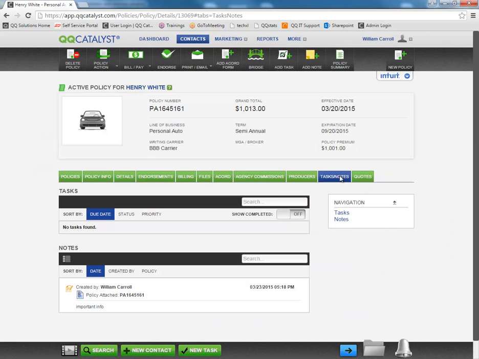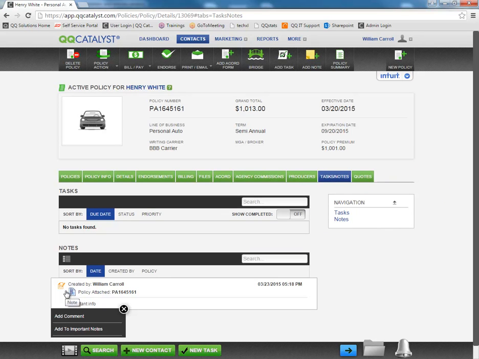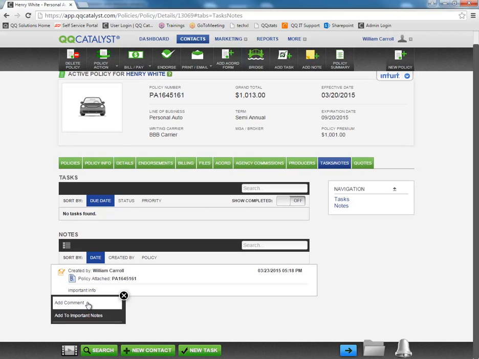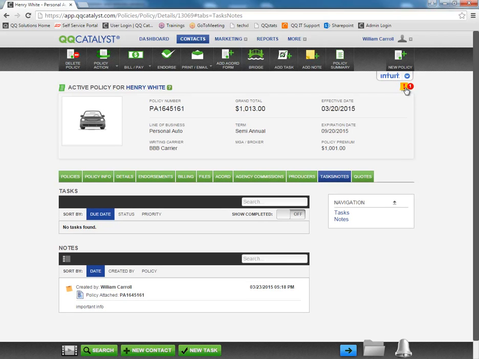I can view any notes under the Tasks and Notes tab. As I mentioned, these are permanent comments, so we cannot delete or edit the note, but I can add additional comments to it, or I could even flag it as an important note. If we do flag a note as important, it will create an indicator in the top right corner of the